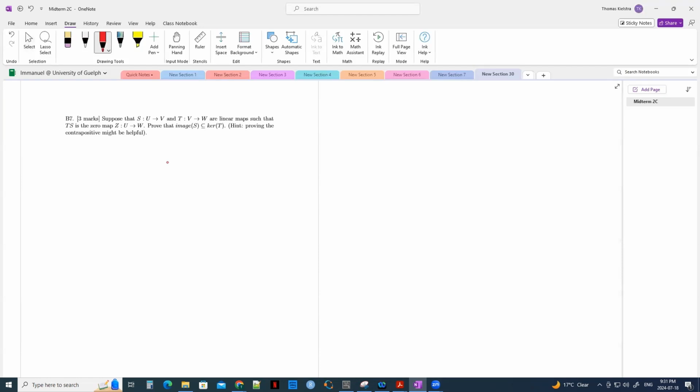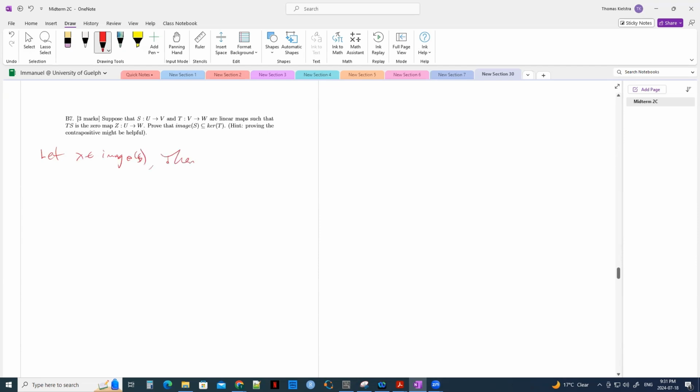So B7, we can prove in two different ways. We can prove it directly or we can prove it indirectly. So here what we're going to prove is if we have TS being the zero map, then when we want to prove that the image of S is a subset of the kernel of T, we can start by letting X be in the image